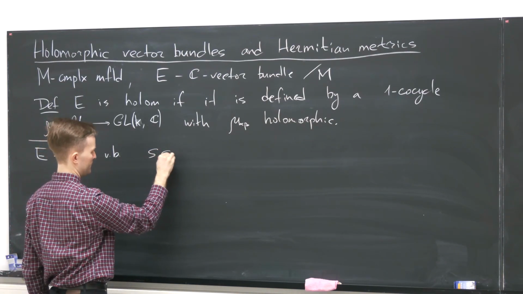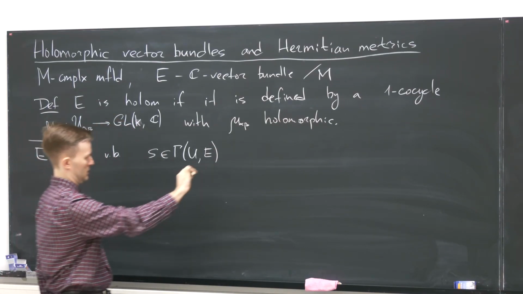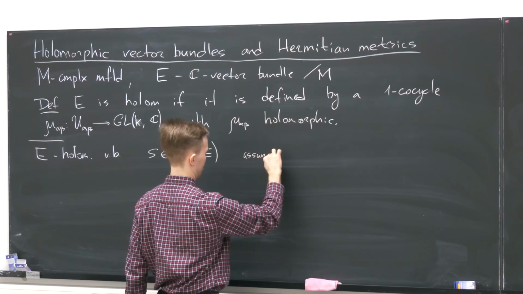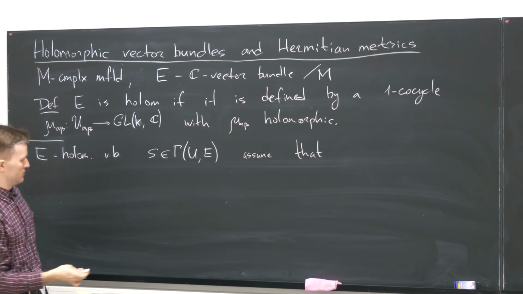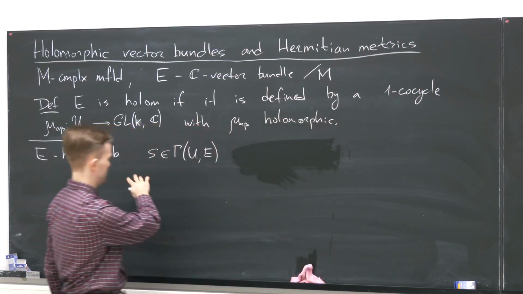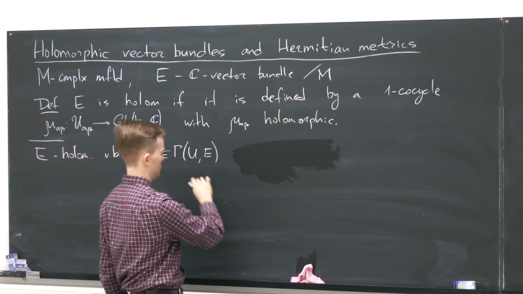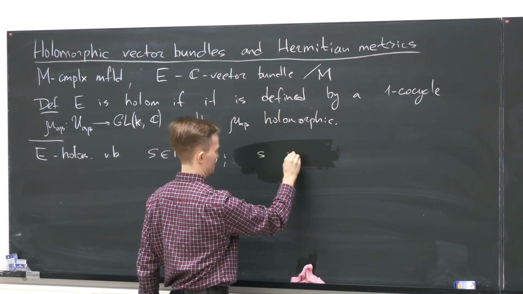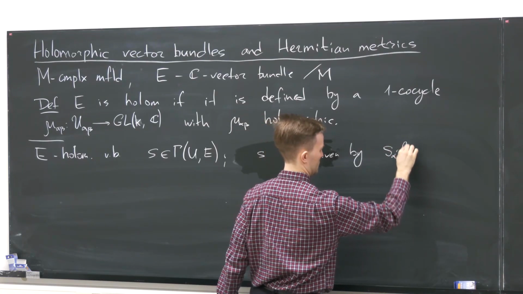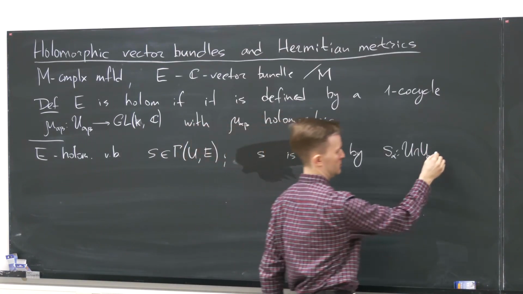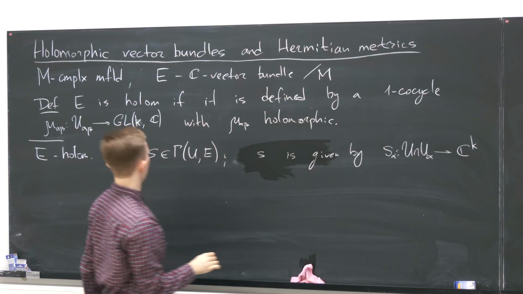Let's take a section, and let's assume that, well, let's just say that this section is defined by a collection of maps into C^k on the open covering of this open set U. So S is given by a collection of S alphas that are just maps from the intersection of U and U alpha to C^k. So the rank of my vector bundle is k,